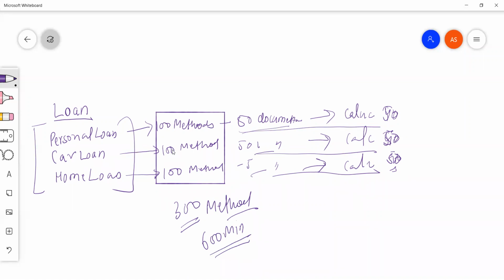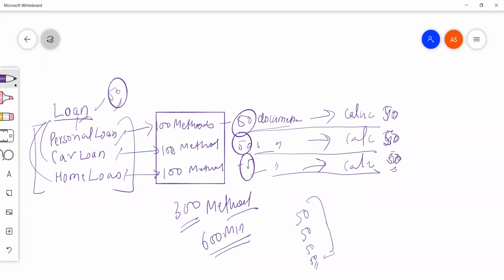But if you have this functionality similar, 50 methods which are going to be the same, you can have those methods written over here, and all these classes will be using them from the loan class. Whatever we write in the loan class would be available for these classes. So now we need to write 50 inside the loan class, and 50 for personal loan, 50 for car loan, and 50 for home loan.